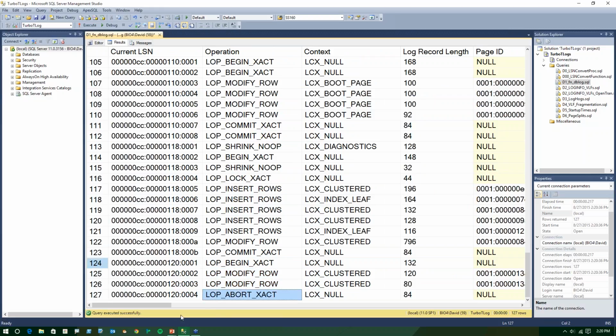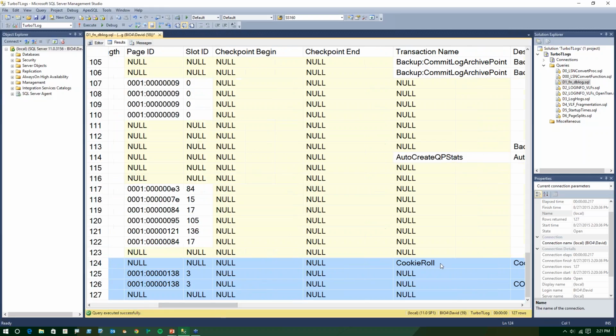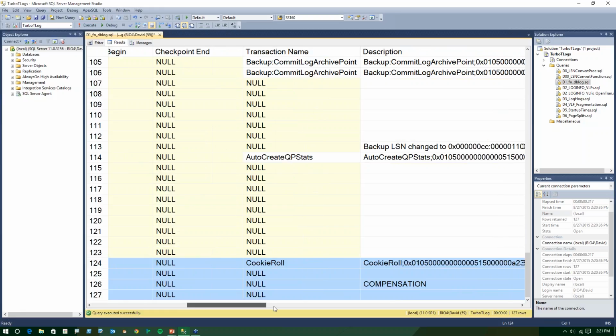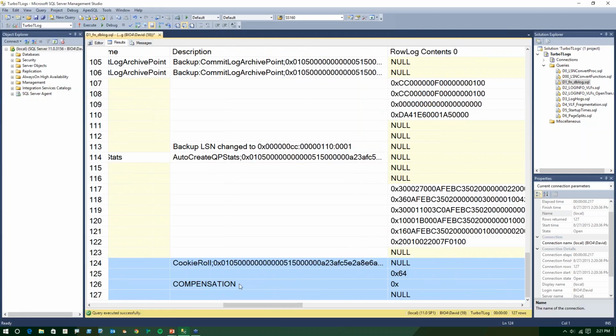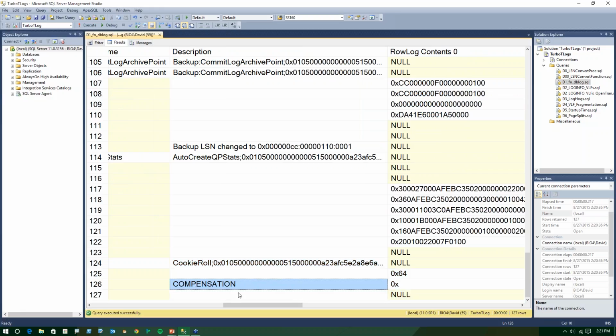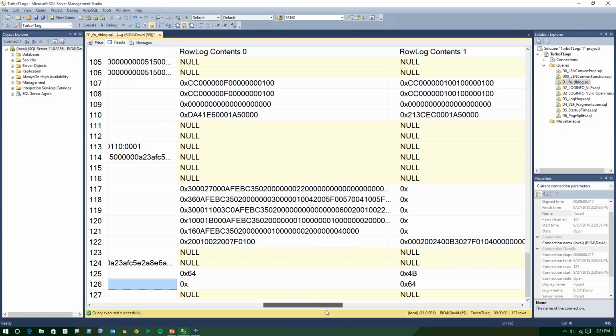Well, as we were saying earlier, so here's my named transaction called cookie roll. So we've modified the column first to a different value, but then we decided to roll it back. So here's our compensation record right here. The second modification is the compensation record. If we look at the row log contents column,